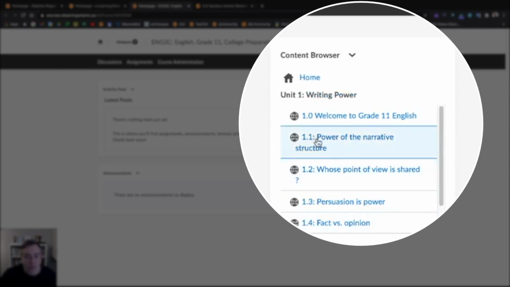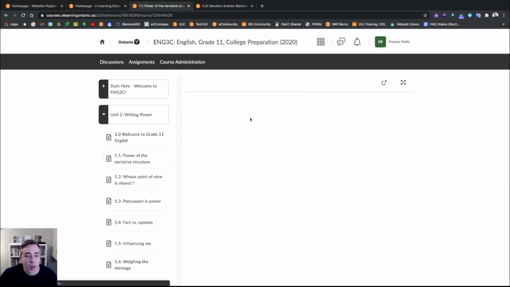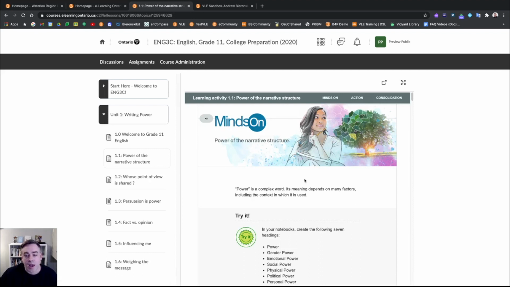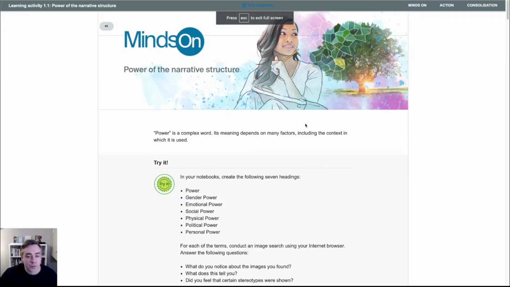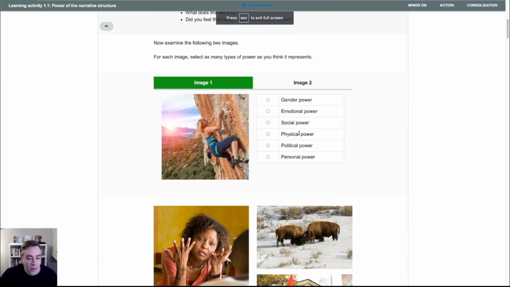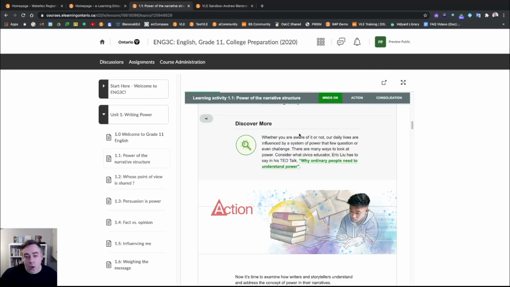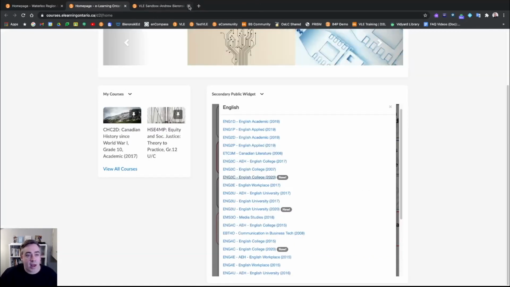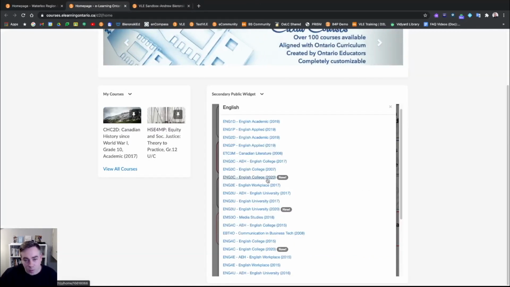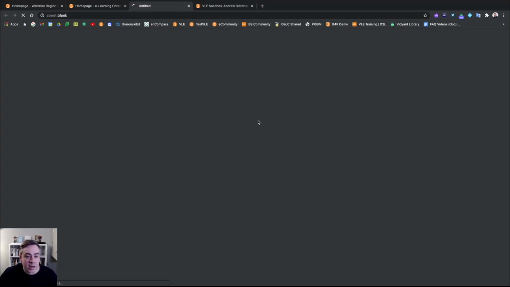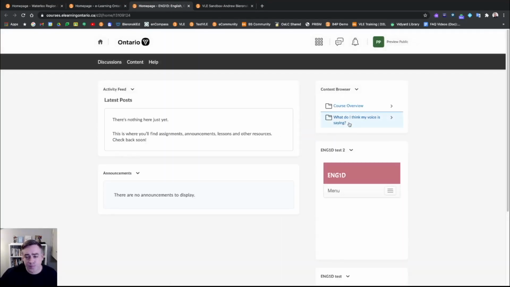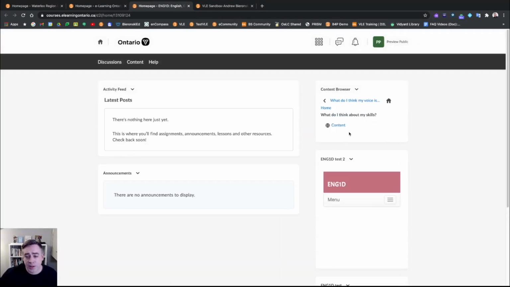If I want to jump onto activity 1.1 as an example, I can come here and have a look at that page, expand out full screen, and preview what it looks like and what it would feel like for my students. Really important to know for all of these course packages, there are different designs over time. So if I jump back here, this was from 2020. If I jump into one from 2019 as an example and click to expand here,